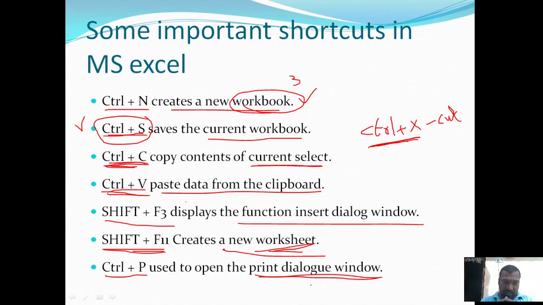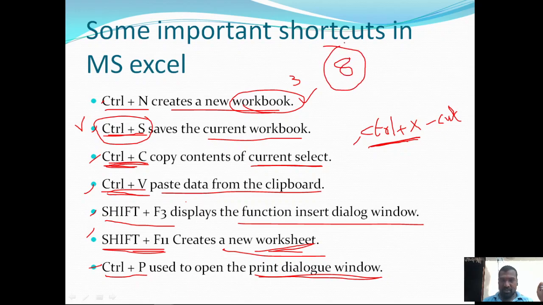So these are the few shortcut keys that we are going to use regularly. 1, 2, 3, 4, 5, 6, 7 and 8. These are the 8 shortcut keys most frequently used while handling the Microsoft Excel application.